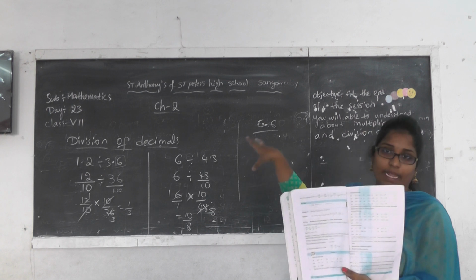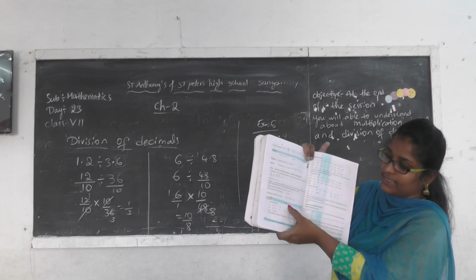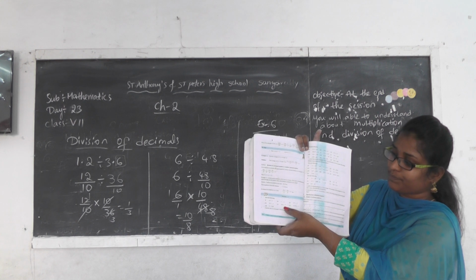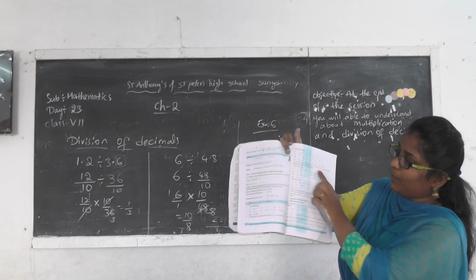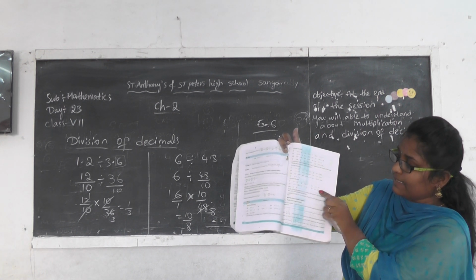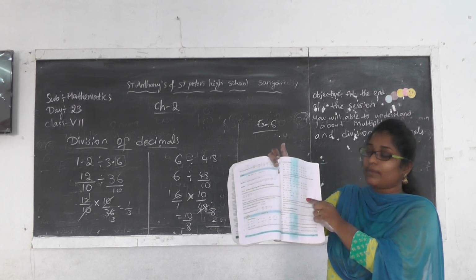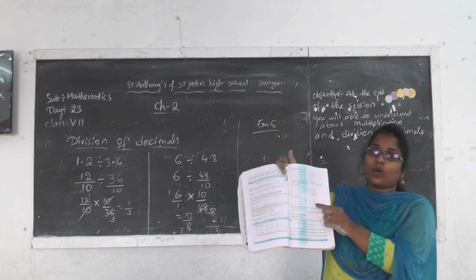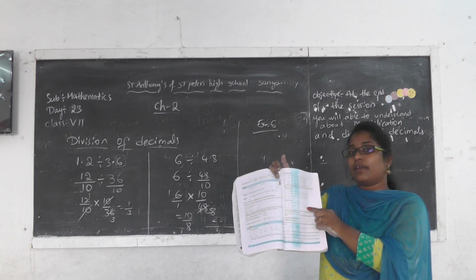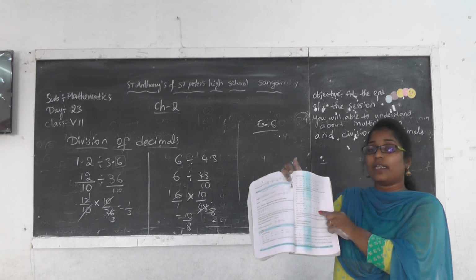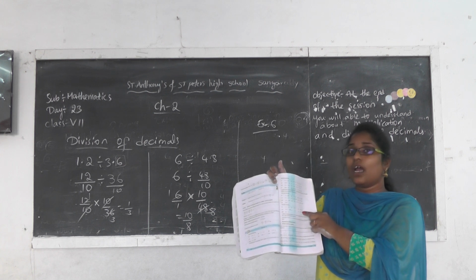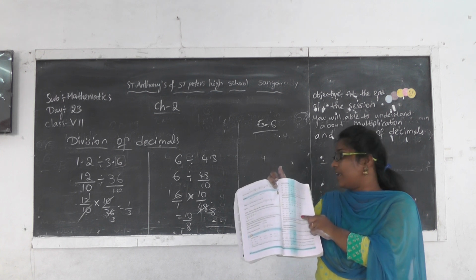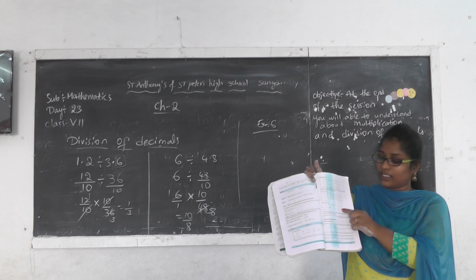Whatever I explained, clear? In exercise 6, the first bit, third bit, fifth bit and sixth bit problems are related to the multiplication and division of decimal numbers. So, how to multiply a decimal number with 100,000, how to multiply a decimal number with a decimal number, how to divide a decimal number by 100,000 and how to divide a decimal by a decimal.